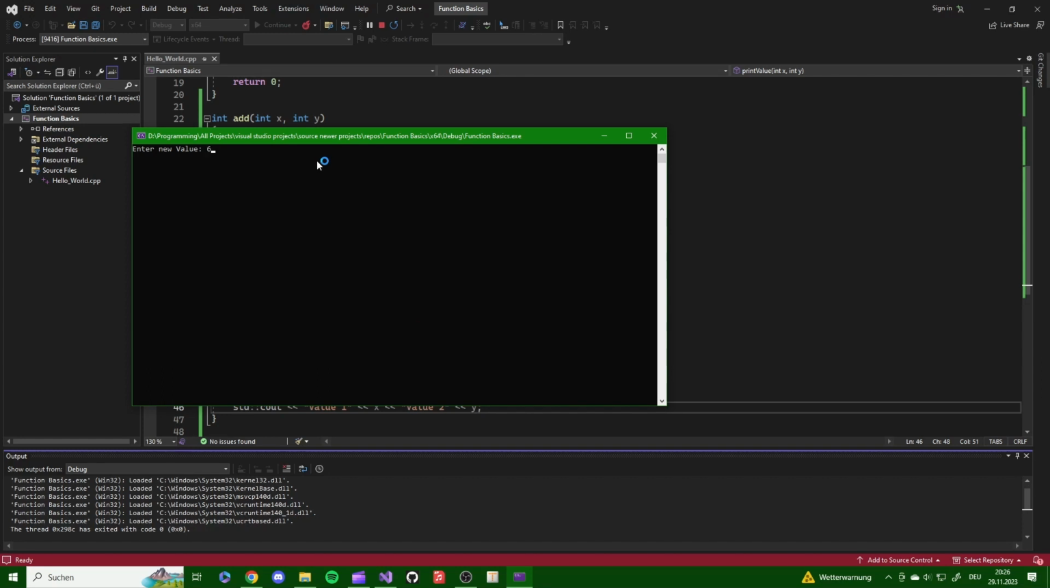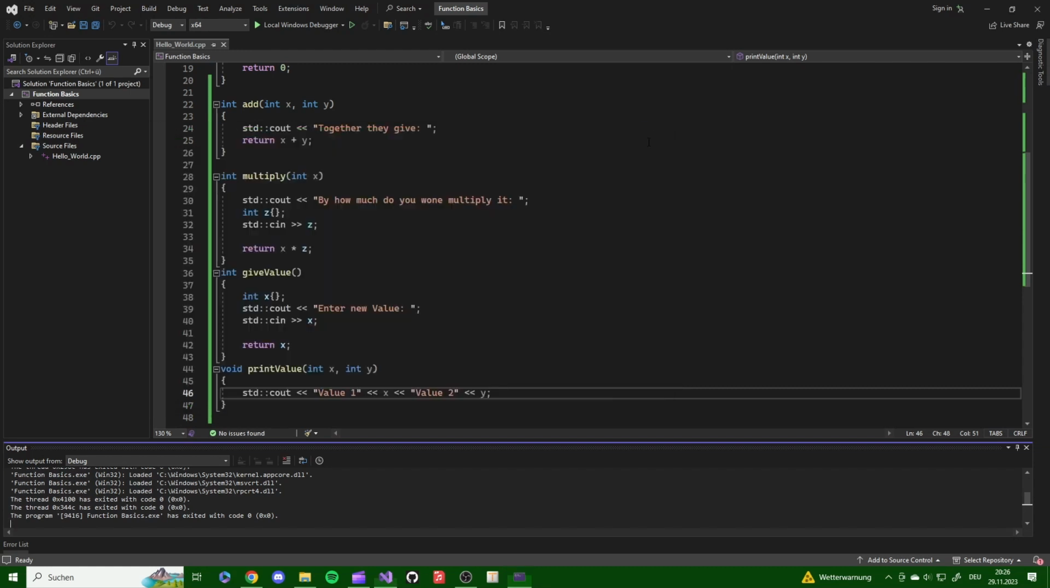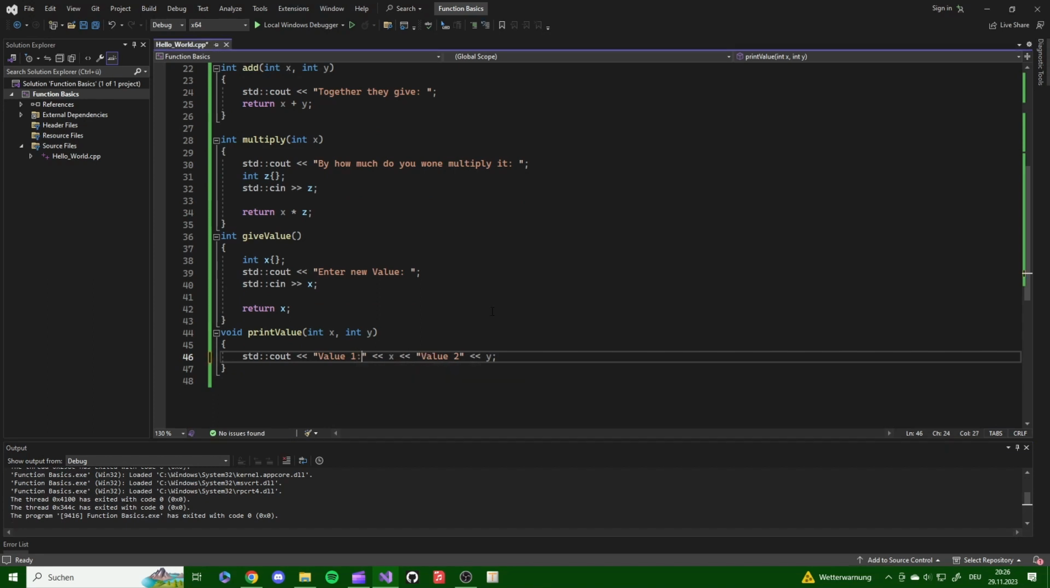We have to define them first. The first one is 6, the other one is 7. Together they are 13. Then 4 times 6 is 24, and 7 times 6 is 42. And we could make a space here, and value 1 is 6 and value 2 is 7. That's not that clear. We can make it much clearer, like that. Value 2, and then we can make it like that,